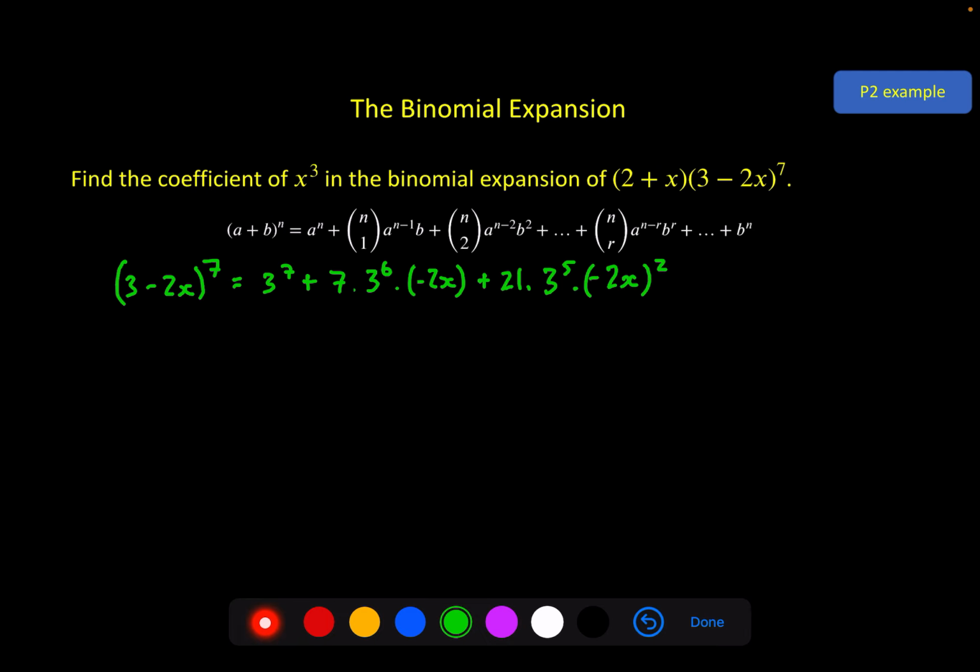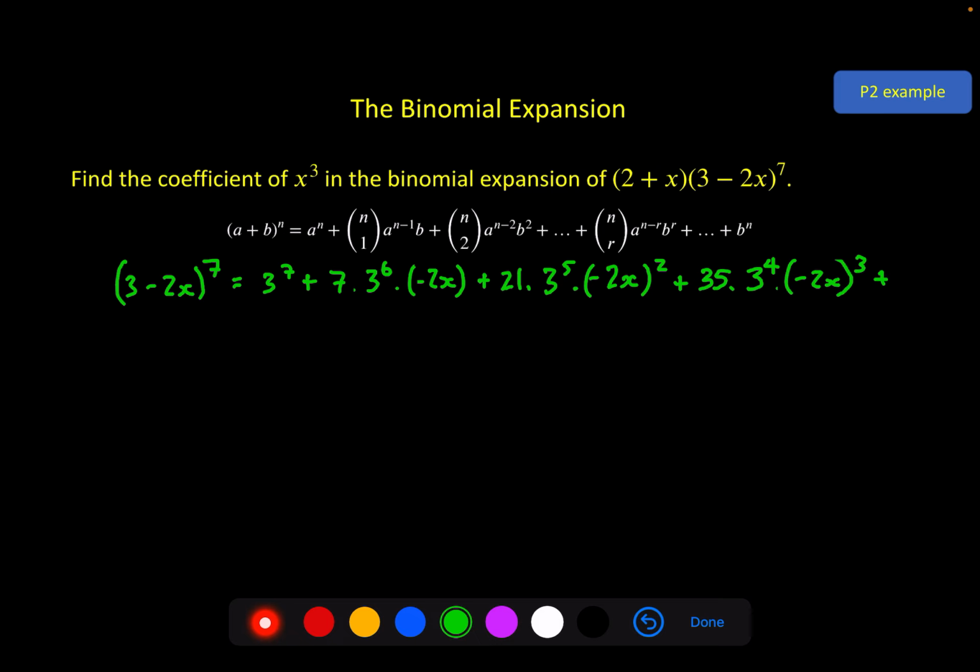And you can see in this example, I've skipped most of the background ideas. I've just gone ahead and thrown all the numbers into the formula. The more questions you do, the easier this becomes. And that gives me an x squared, but I want x cubed, so I'll do one more. 7 choose 3 on the calculator is 35, times 3 to the power 4 times minus 2x